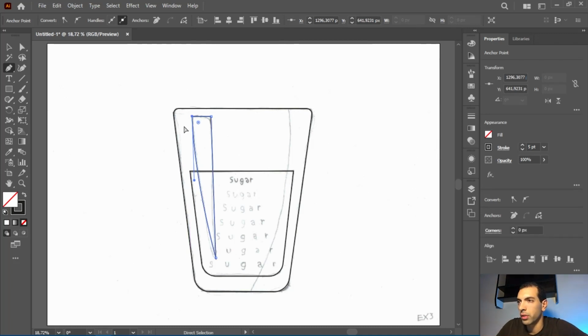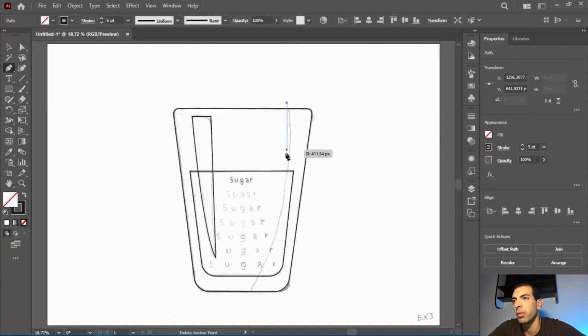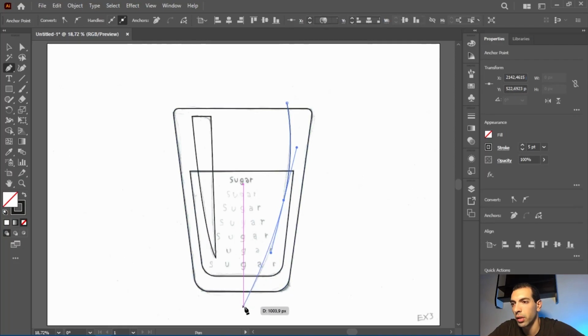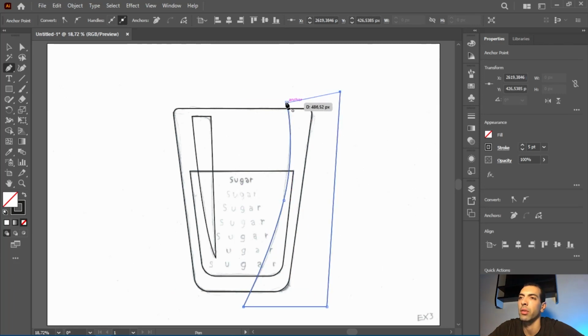I'm gonna press Ctrl to access the direct selection tool. I'm gonna modify the curve by moving the handle like this, and now I'm matching the sketch. With the pen tool, I'm gonna create 1 point here, gonna click and drag like this, continue the curve, create 1 point here, 1 point here, 1 point here, and now I can close,